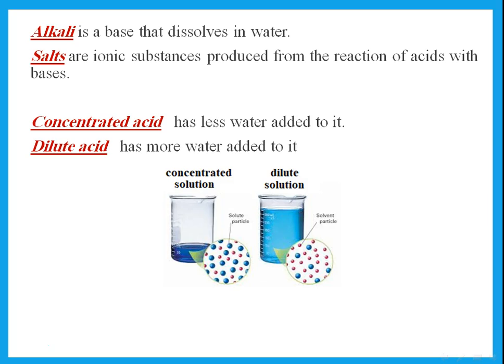You could have two different types of acid. The acid could be concentrated or could be dilute. This is when I add a small amount of water or a lot of water. So if something is concentrated, that just means that it has only a small amount of water added to it. When something is dilute, that means it has a lot of water added to it, and that could apply to an acid or it could apply to a base. So I could have concentrated base or dilute base, and it is the same idea. If I have a base and I put a little bit of water in it, it's concentrated. If I add a lot of water, it is dilute. Okay,